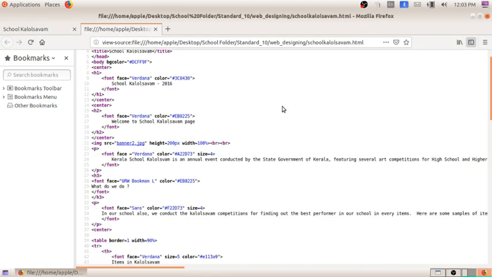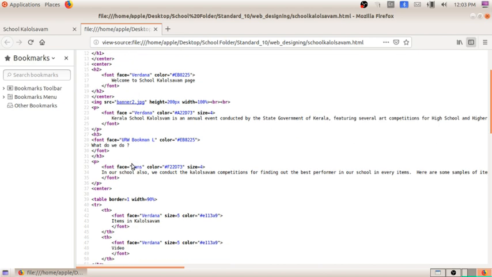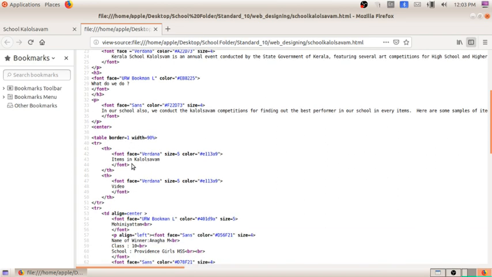Here you can see that these attributes are repeated several times, and we also filled the table of how many times each attribute is repeated. In the textbook, you can see that font is repeated 16 times, font face repeated 16 times, and font size repeated 13 times. For each content they have given the attributes, so it is repeated several times in the source code.